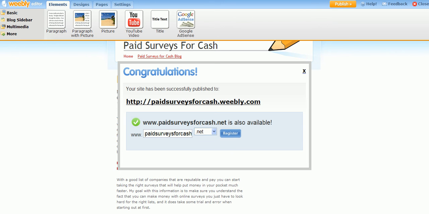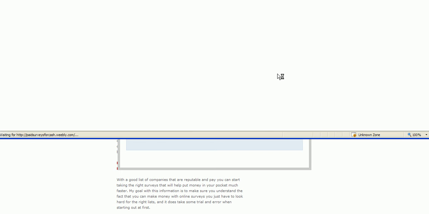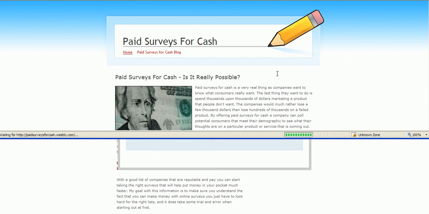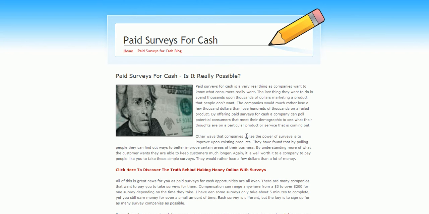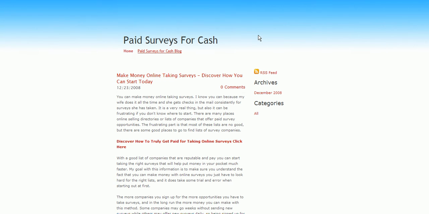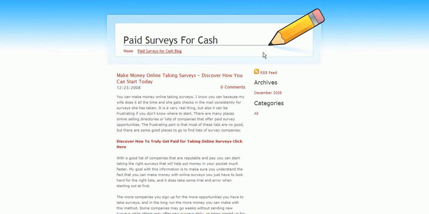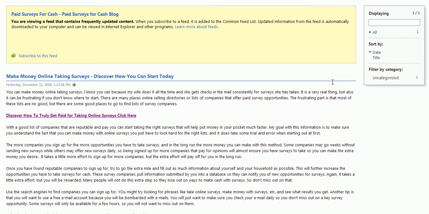So the next thing you do, I'm going to go ahead and pull the site back up. Now that you've tested it, now that you've built your blog and made your first blog post, you would go right over here and pull up your RSS feed. So you just go ahead and click here on RSS feed. Just highlight that, copy it, and you're going to go over to a website called